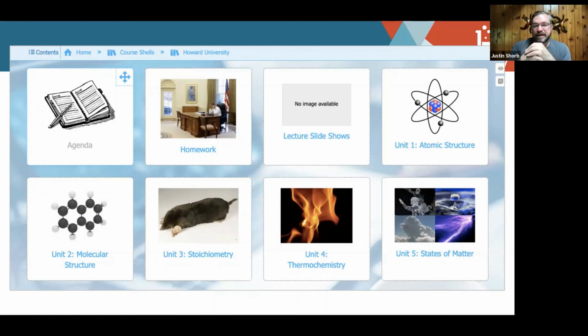Again, this isn't about just how you're going to put these things in there so it makes sense to you. It's putting things together in a way that's navigable by students to find out where they are right now and how they get to the material that they want to find. So having things linked in multiple places is not a horrible thing. The agenda can have it by time. Or if they just remember there was a lecture slideshow on this, they can go straight there. If they need to review material for unit 3 because there's an exam, all of that is going to be kept right there. And maybe this area does link out to the homework and does link over to some lecture slides. That's okay, because you want to make this navigable, and that doesn't necessarily mean linear.